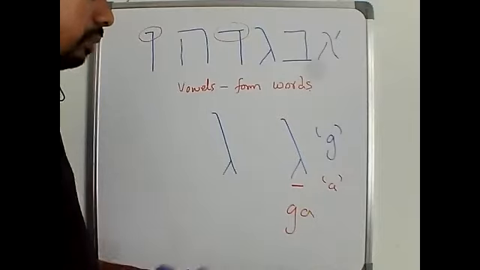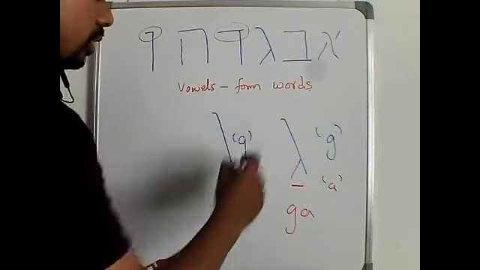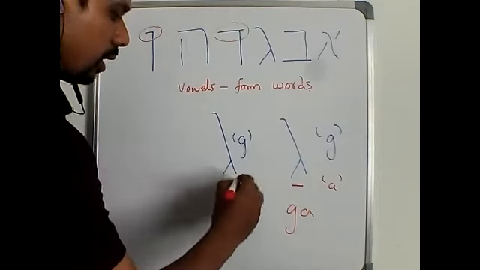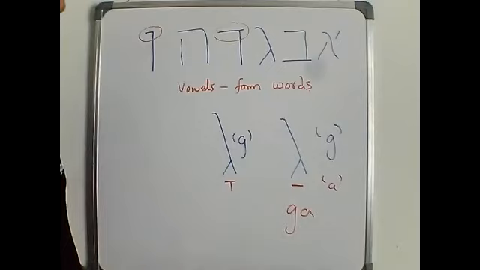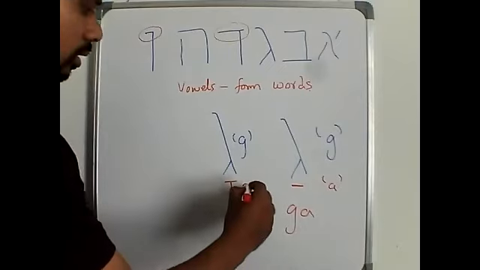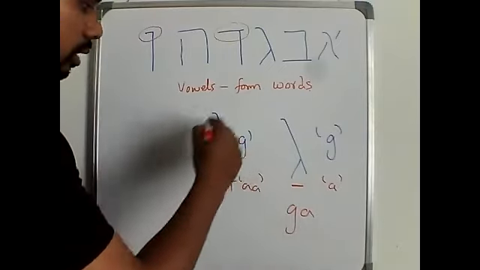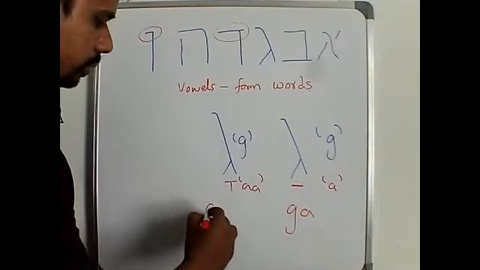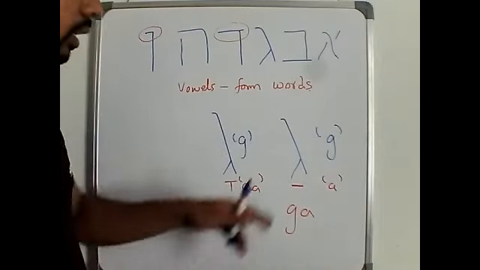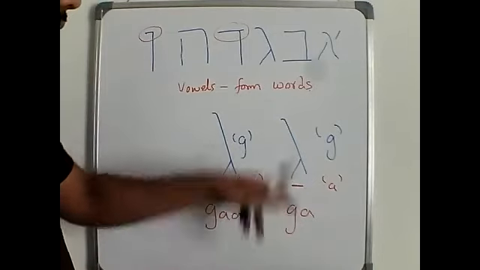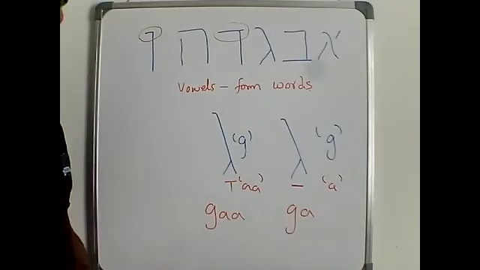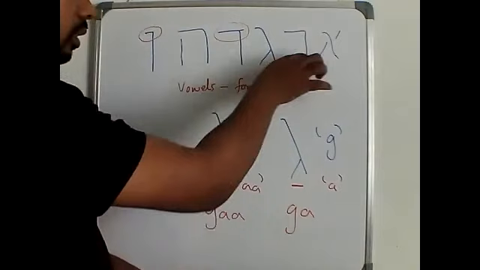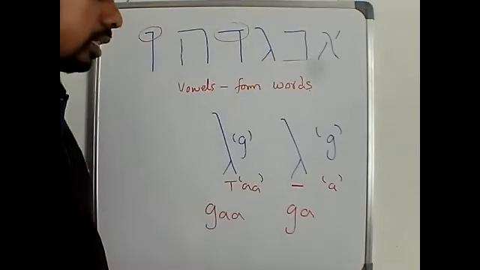Again, this is Gimel. The sound of the letter is G, and if you have a T symbol, that is Kamets. The sound of this is this. So now together it is Ga. So when you have a small line, it is Ga. When you have a T, it is Ga. Are you getting it? These are consonants. What we are adding are vowels.